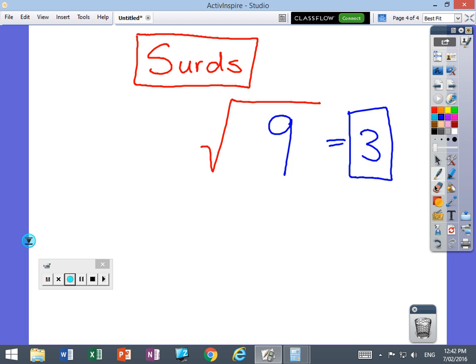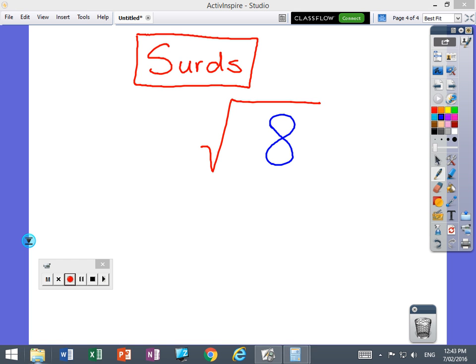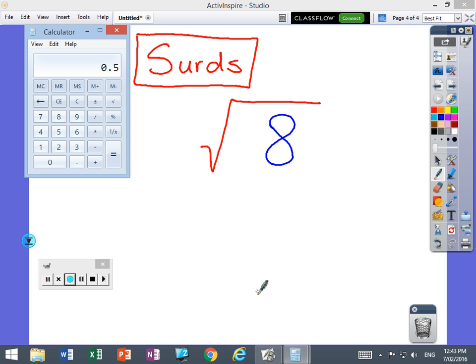However, if I put an 8 in here and then we get our calculator and I put in 8 and I hit the square root symbol and I hit it twice, you'll see up the top here it's got SQRT 8, so just saying that it's done the work for us. But have a look at the answer,